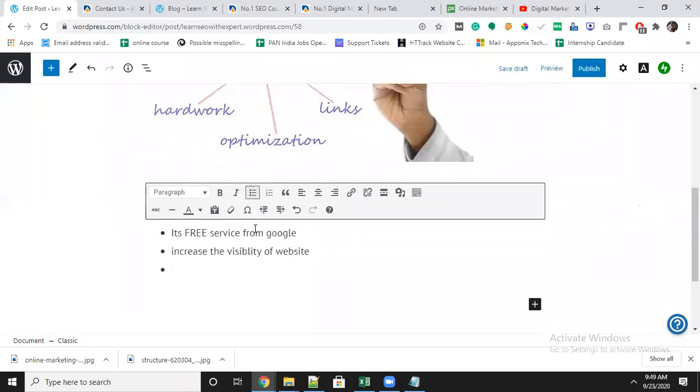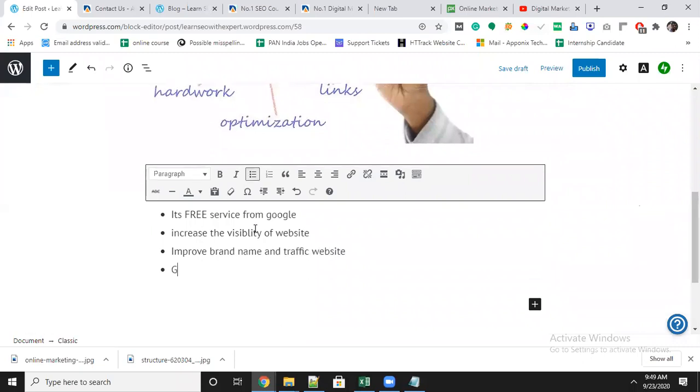And the third factor is to improve brand name and traffic to the website, generate leads.